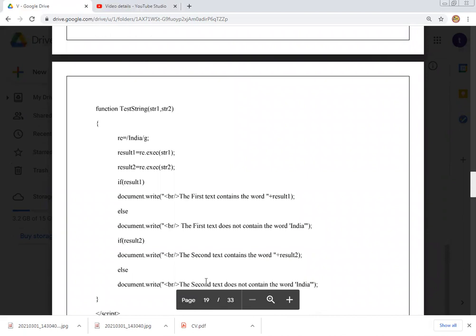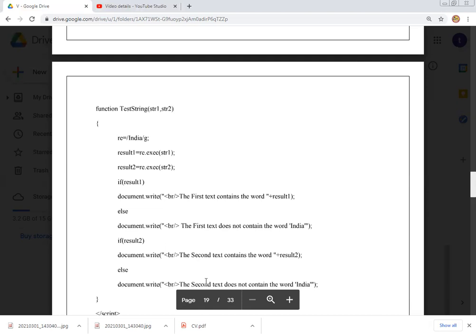So re is equal to, where we do the condition. I mean your regular expression conditions, you know, in square brackets, but since we check only the word India, we write here /India/. Okay, so the first result is re.exec(str1). We want to check the statement which we passed, which we gave in our body tag.